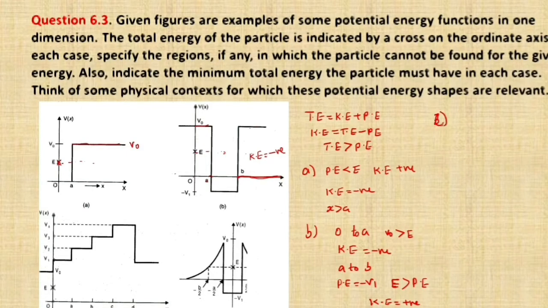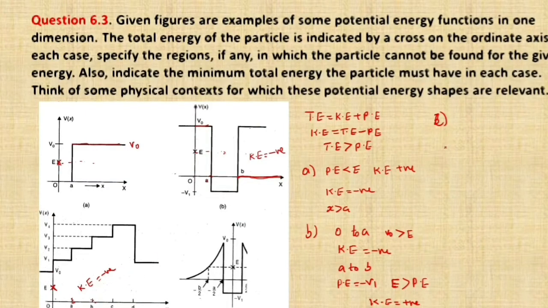That means C here, marked is C. You can see here, this is the total energy, right? This is the total energy, and the potential energy in all the cases, O to A to B, B to C, all the cases, the potential energy is greater than the total energy. So in every case, what will happen? The kinetic energy will be a negative value. It will never happen, right? So you cannot find any particle in all the regions marked in this third picture.